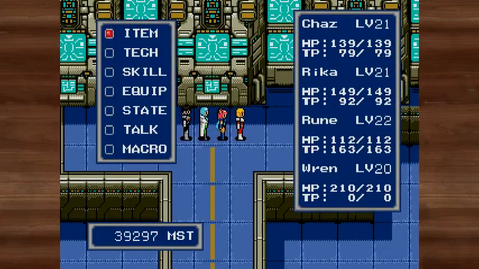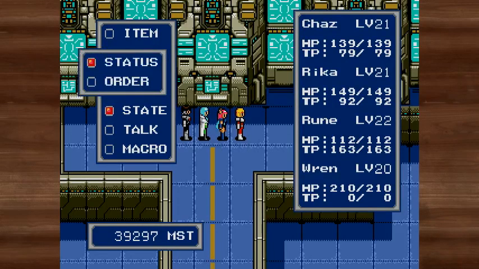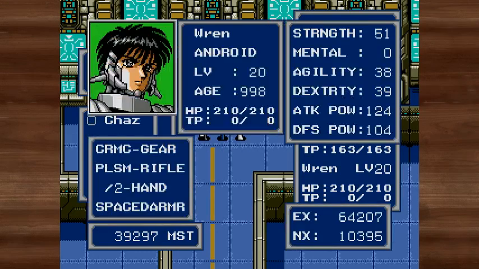Yay! We got a fourth teammate! And he has 210 HP. Cool. So you are an android? Yes. So it's a good thing I kept those repair kits on hand. I sold off a bunch of other equipment, but